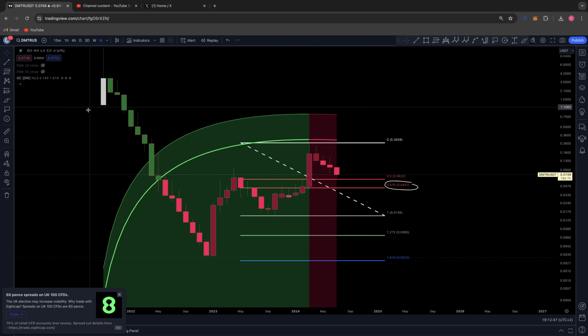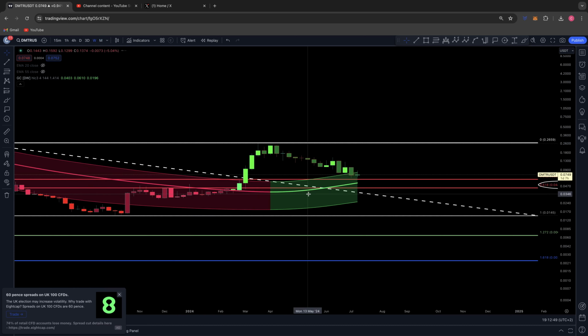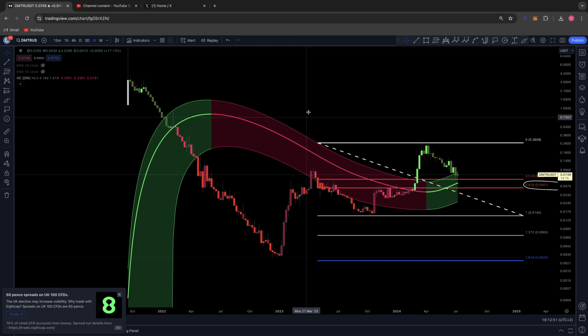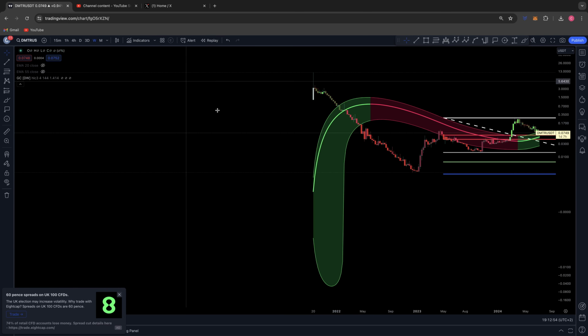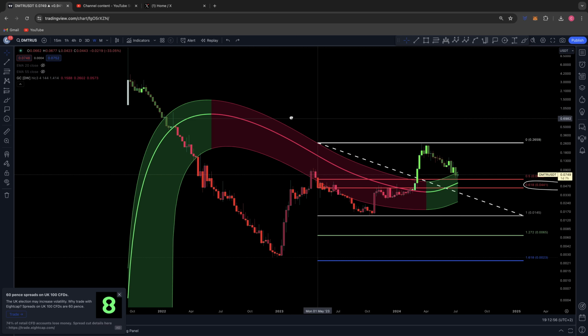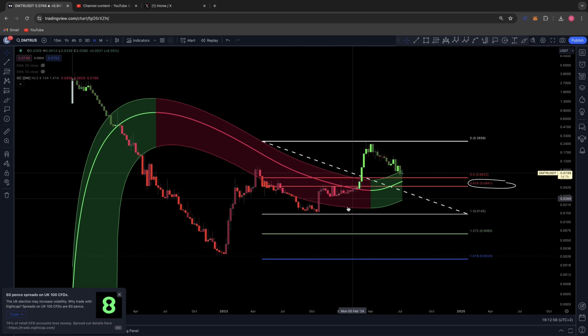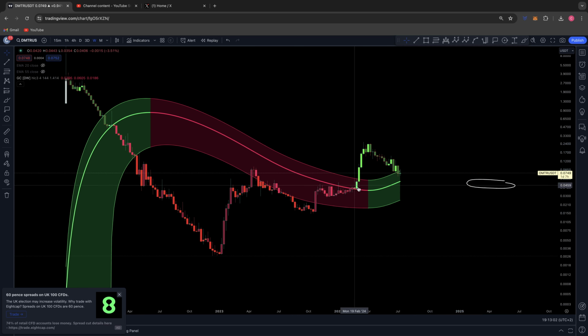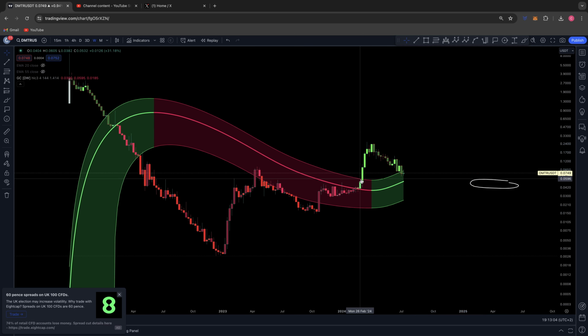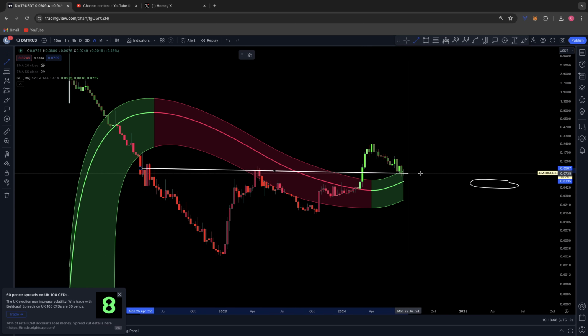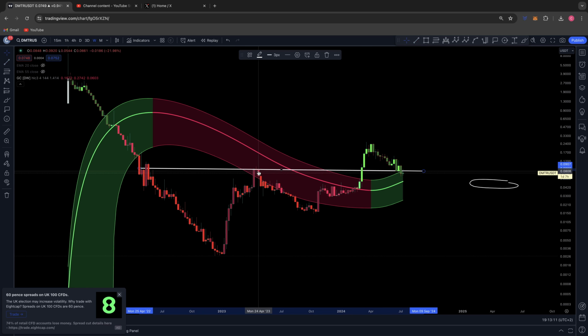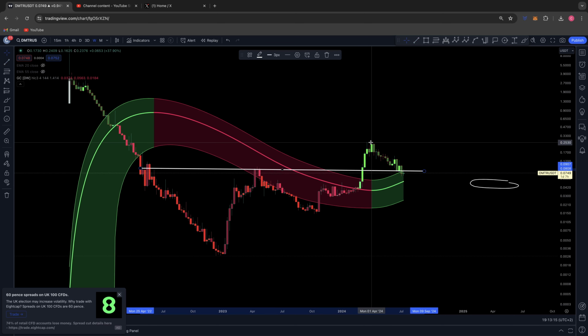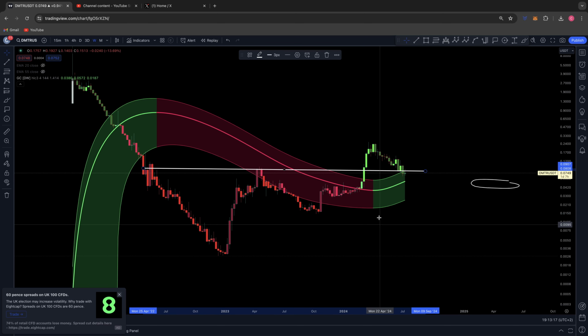And I wanted to also point out this Gaussian channel here on the weekly time frame for us, okay? And why this Gaussian channel is important. So what you'll notice is we came out of this Gaussian. We came out of the bearish side of the Gaussian, got through the channels, and actually started to break out in March. And that, ironically, guys, was the month that we started breaking out of this level of resistance. Okay, so in March here, where we started to get back up, and we actually flipped green on the Gaussian